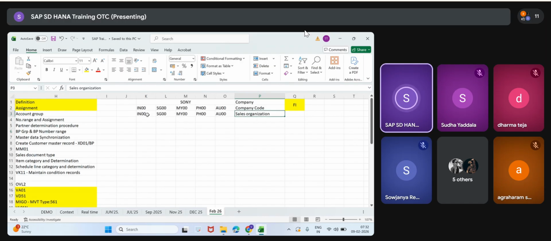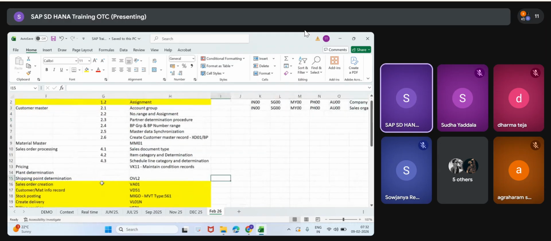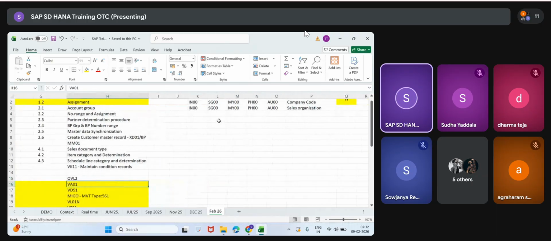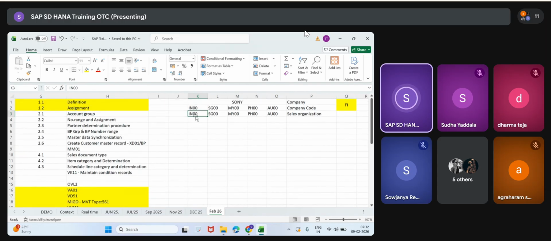Sales organization. Any sales order we are going to create in VA01, we have to specify under which sales organization that sale happened. That is the identification. So that sales organization updates the reference company code, accounts and everything. That's why the relation. Sales organization, distribution channel, division.